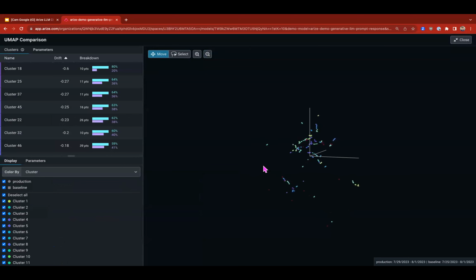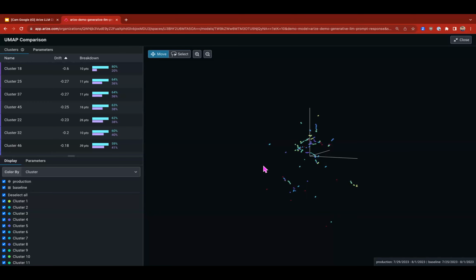If you think about vector representation, it's a lot of arrays of numbers. That's not going to be very useful for you, so what you want to do is take those dimensions and reduce them down. What we're using is UMAP. If you're familiar with something like t-SNE, it's a much faster way for us to visualize these vectors in the 3D space here.